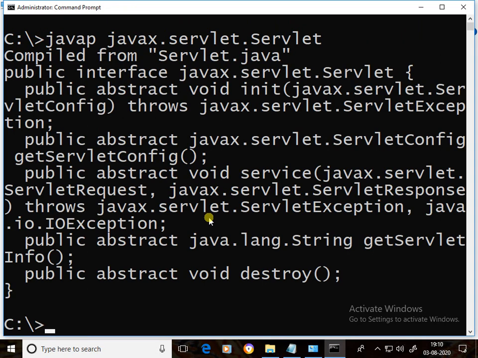Now it is a permanent class path. Even if you shut down your system, this class path is permanently stored in the hard disk. It will be there. This is the class path setting to access Solid's API in a Tomcat web server. Okay.